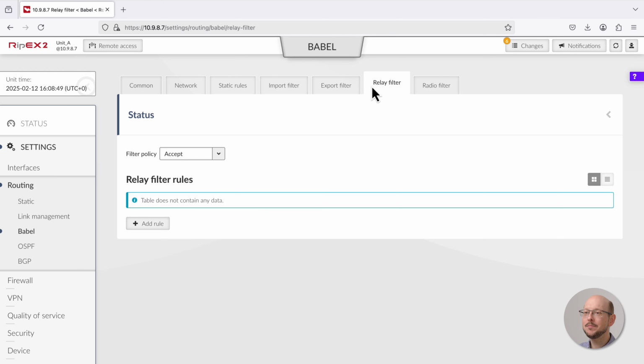Now, we need to configure the 3 other units according to the table on the screen. The process is the same.